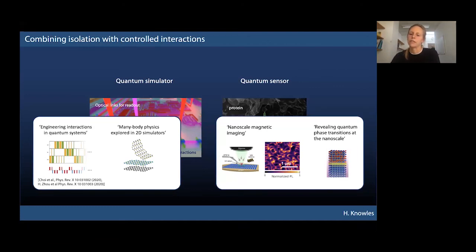Yeah, there have been many predictions of these long-lived quantum states, especially in two-dimensional systems. I would really like to see that. And then on the other hand, I would also really like to apply this to different systems. So I'm really excited by the biology work that we're doing, that I showed on the